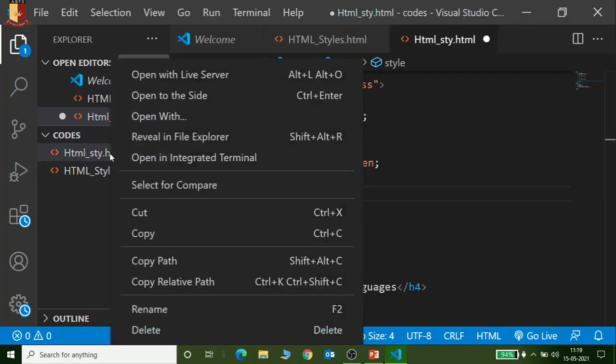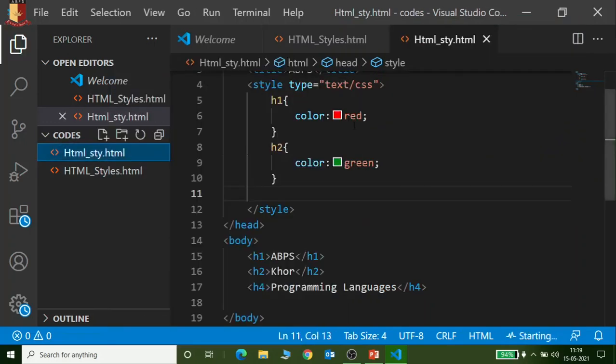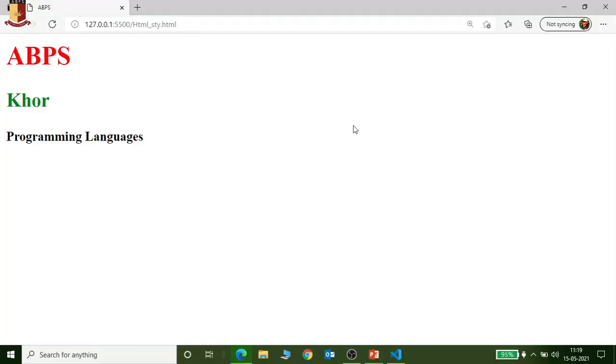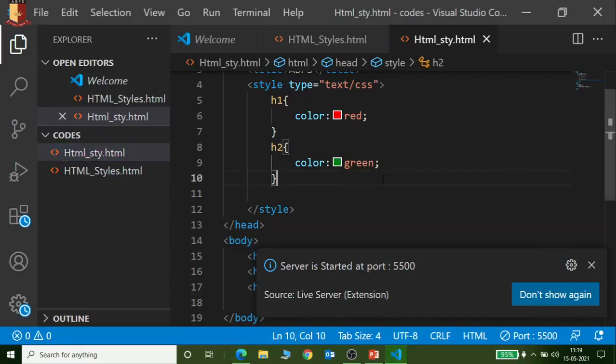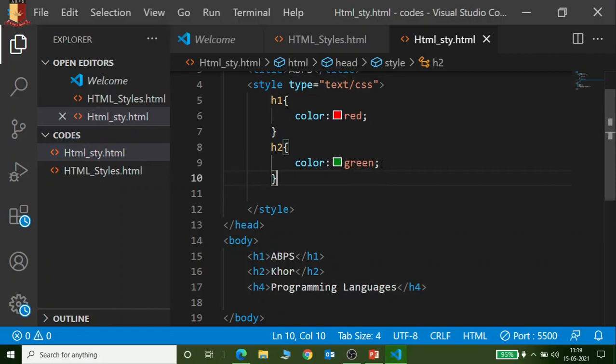So let's run the page, open with the live server. Just check, one in red and another in which color? Green. Got it. Now the interesting thing: if the heading is used a number of times on the same page, this style will automatically be applied.